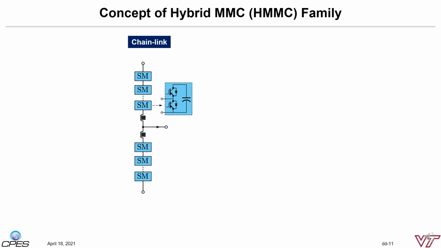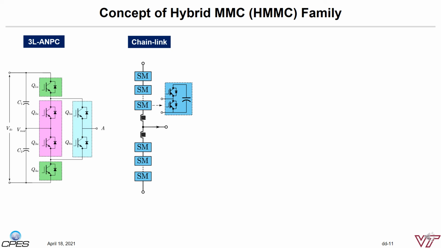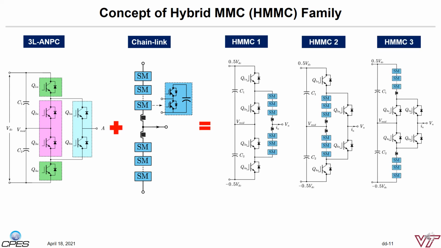Now let's take a look at the three-level ANPC topology. There are totally 6 switches per phase. Based on their locations and functions, we can categorize them into 3 groups of devices: the green group that is connected to the DC bus, the purple group that is connected to the neutral point, and the blue group that is connected to the AC terminals. By following the same idea, we can use chain links to replace one of the 3 groups of devices. Then we can create 3 different types of 3-level version MMC converter. We just name it as the